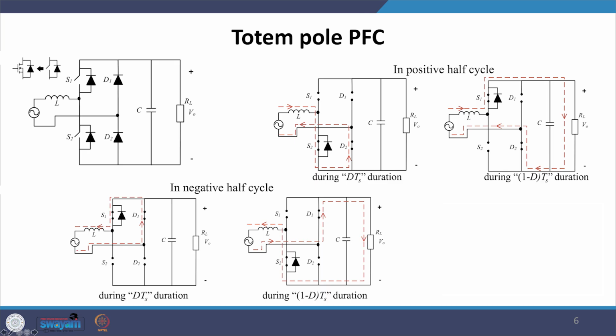So, in this, if you look very carefully, we have again 4 devices, that means 2 switches and 2 diodes, which are rearranged in a fashion such that we have one leg as active half bridge and one leg as diode based half bridge. Here S1 and S2 switches are mostly realized using MOSFETs, and the diodes shown over here are the body diode of MOSFET.